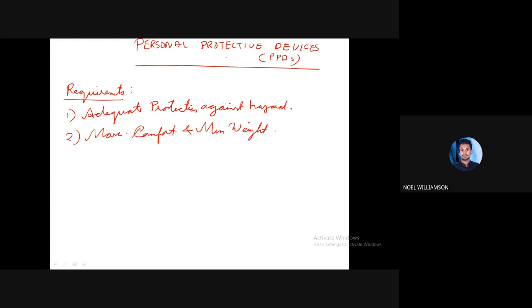So it should be having maximum comfort. So whichever devices we are using as personal protective devices, they should be able to deliver maximum comfort with minimum weight. That is the second requirement.